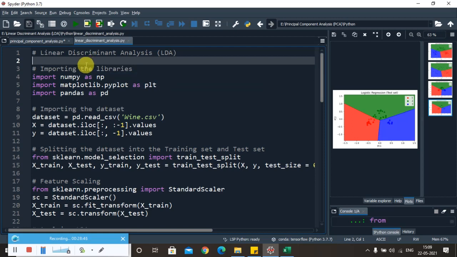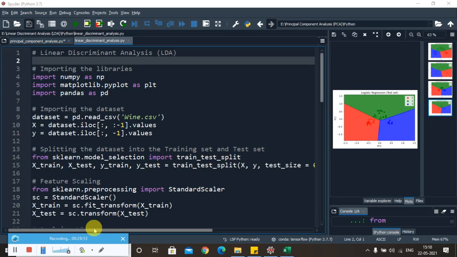Before I proceed further, let me give a small introduction to linear discriminant analysis. Linear discriminant analysis is commonly used as a dimensionality reduction technique. It is used in the pre-processing step for pattern classification and machine learning algorithms, and the main goal is to project a dataset onto a lower dimensional space.